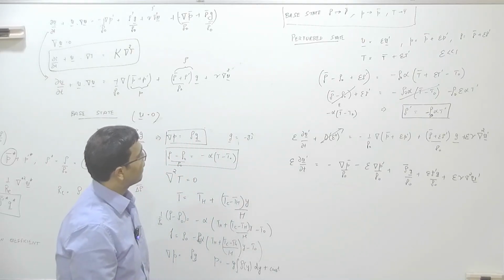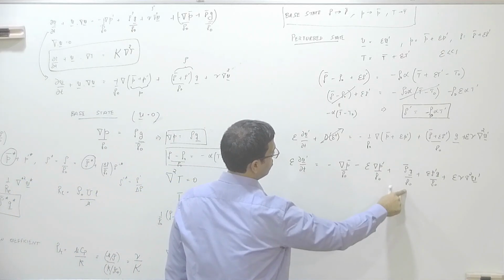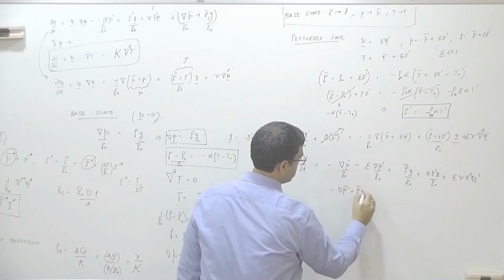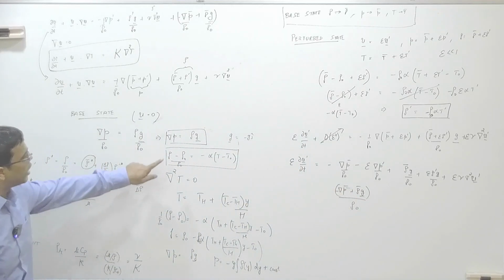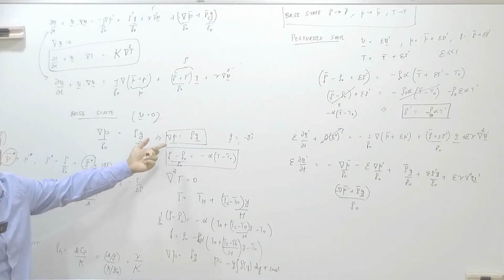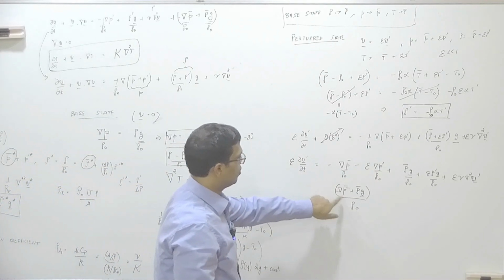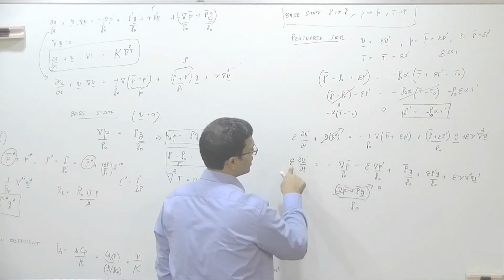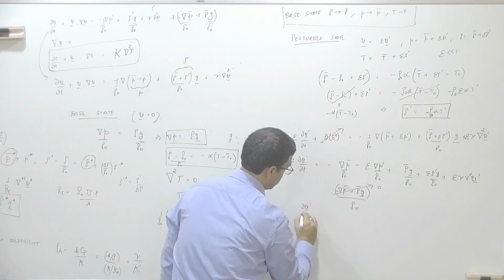Okay, now notice again this one, these two. So you have minus grad p bar plus rho bar g over rho naught. Okay, we have defined p bar, that is the base state pressure, using this equation. I mean, we obtained it. Okay, when we substituted u equals 0, we just obtained that grad of p bar equals rho bar g. So these terms basically cancel out. Okay, and then everything else that remains has an epsilon in front of it. Okay, so removing that epsilon, we get the linearized perturbation equation as